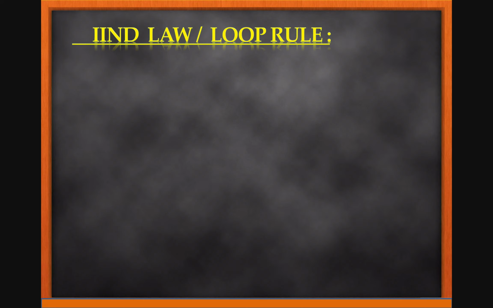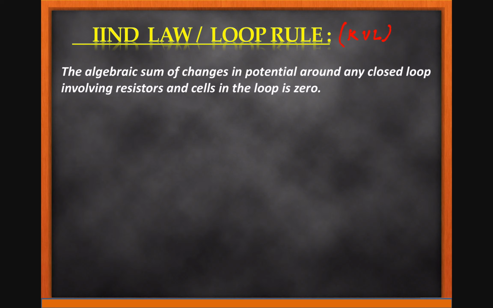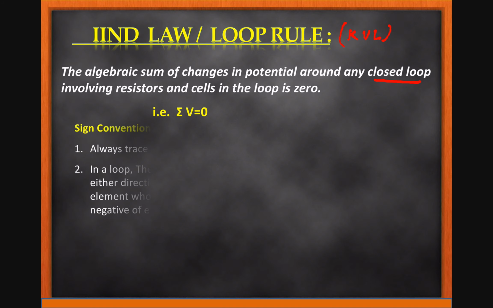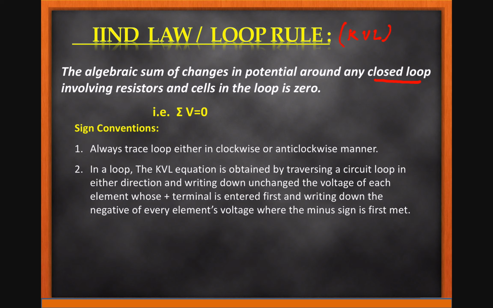Now let's start the second law, the loop rule, also known as KVL, Kirchhoff voltage law. It states that the algebraic sum of the changes in potential around any closed loop involving resistors and cells in the loop is 0. So that is summation V equal to 0. For applying this law we use some sign conventions. The sign conventions are: first, always trace the loop either in a clockwise or anti-clockwise manner. Second,